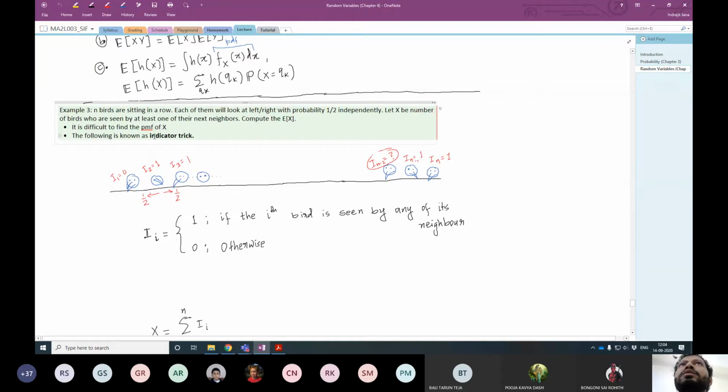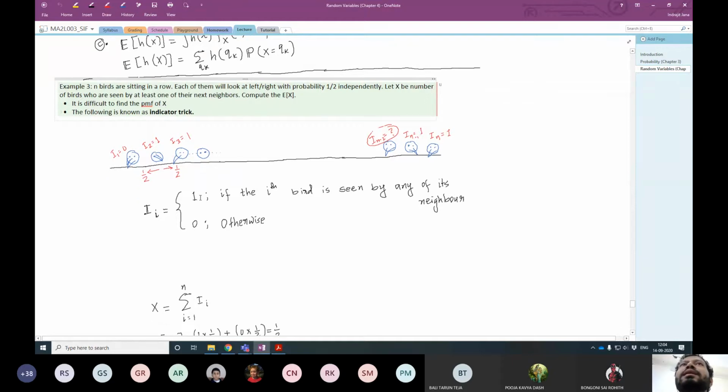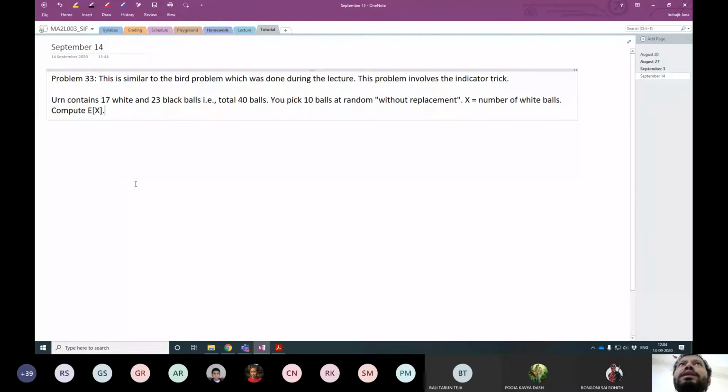So instead, you use something called the indicator trick, and there you define a class of random variables which take values 1 and 0, and you count a bird if it is seen by its neighbors. You don't count it if it's not seen by its neighbor. So the same logic is going to be applied here. The first step is you want to write this